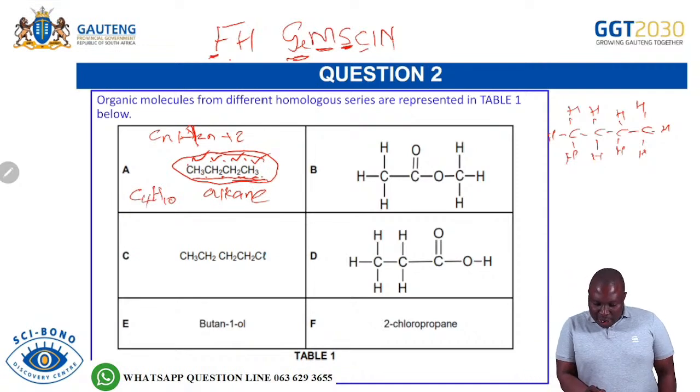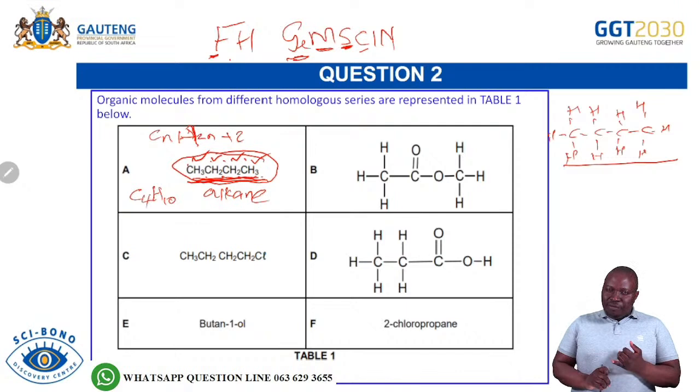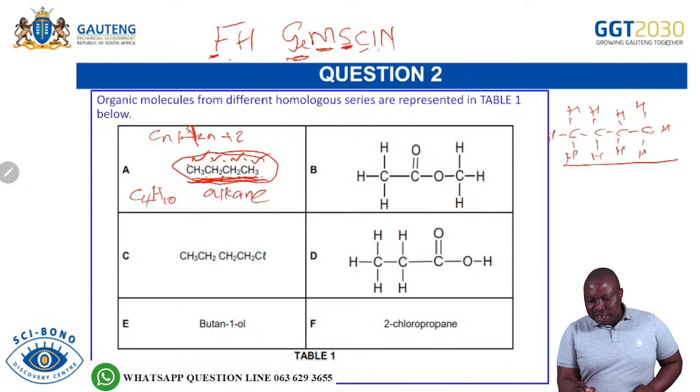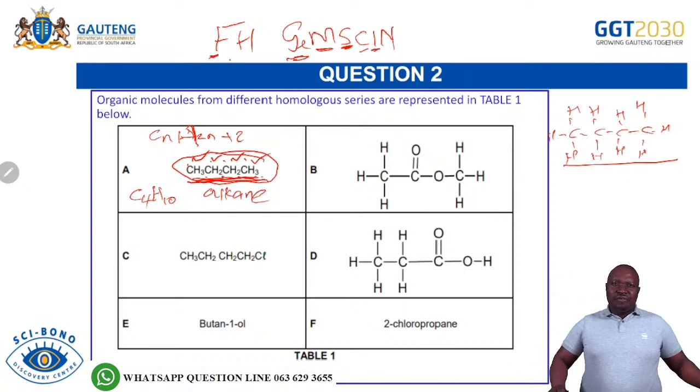So the one that we're given is condensed. The one that I've drawn here is structural. So you have to know the formulas. I say general formula, molecular formula, structural formula, and condensed structural formula. And lastly, second from last is the I. The I there stands for isomers, to say, does this structure have isomers?